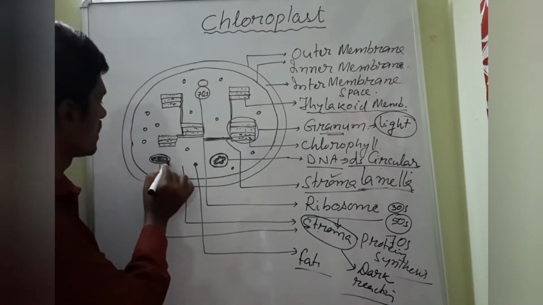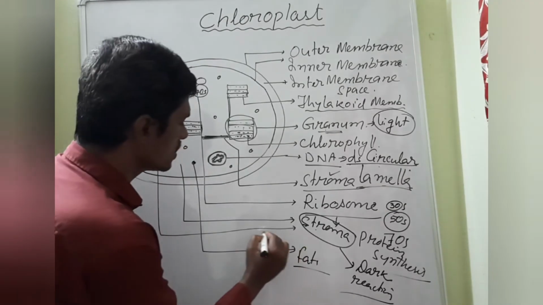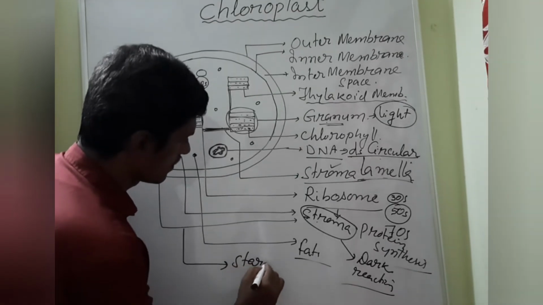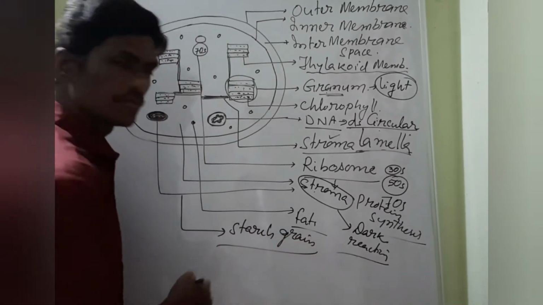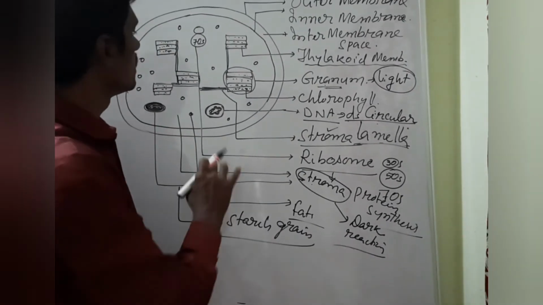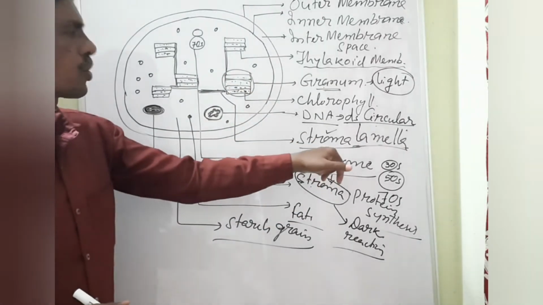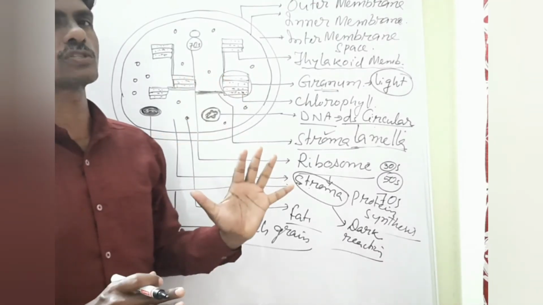Here I wrote the diagram. Round ring-like structures are there. This is called a starch grain. These are called starch grains. So now you can find out that inside the matrix, that is the stroma region, the matrix of the chloroplast consists of